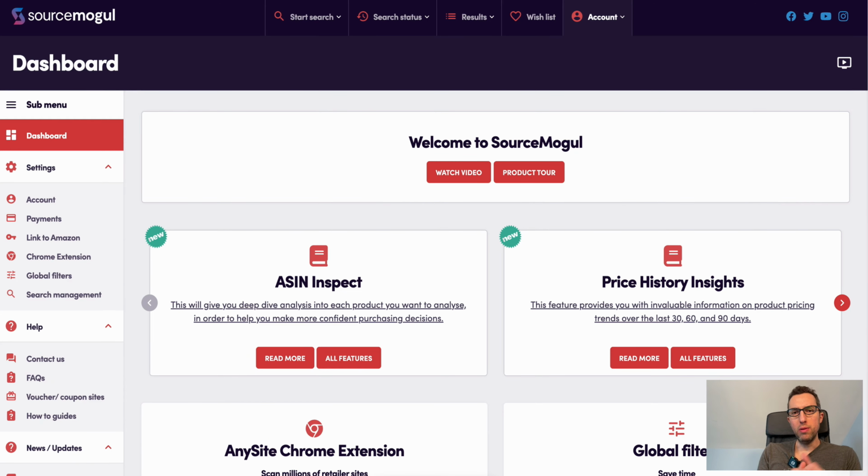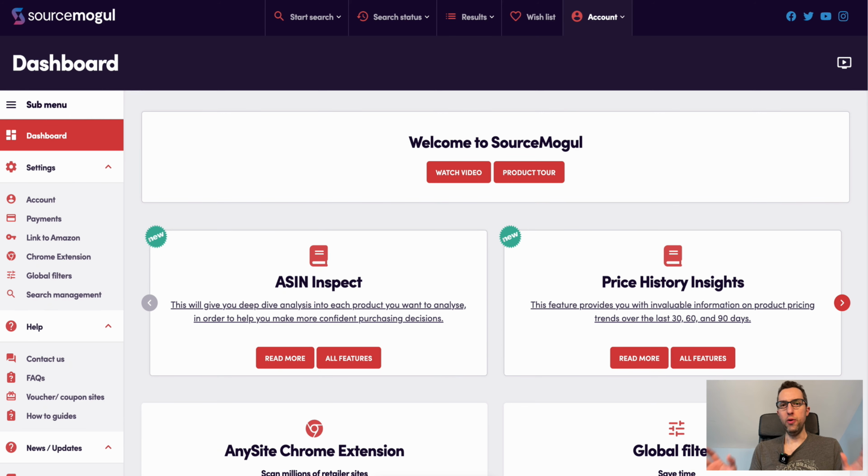If you are an Amazon seller doing online arbitrage, this is the place to go because I am showing you how to use one of the top online arbitrage softwares out there called Sourcemogul, as you see right here on the page. I am in love with this software's Google Chrome extension that just launched about a month ago. It's crazy. And in this particular video, I want to go in full detail on how to use the Google